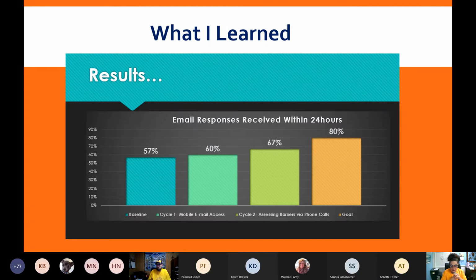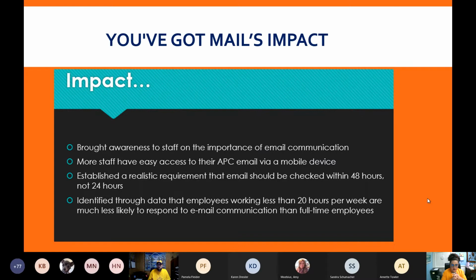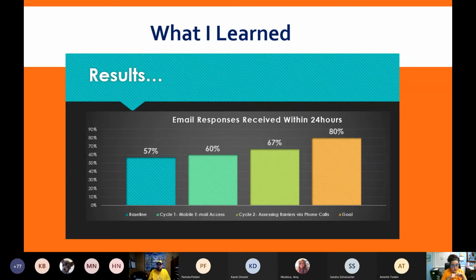So if you can go to the next slide. So overall, this is how it went in summary. If you go back to the graph. Our baseline was 57. When we started the project, only 57% of employees were responding within 24 hours. I don't know if the charter is included in here, but